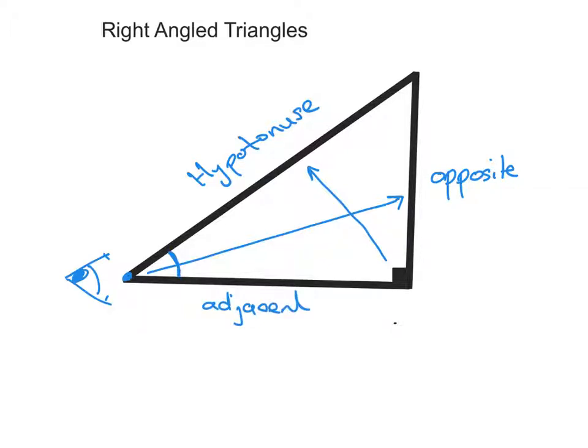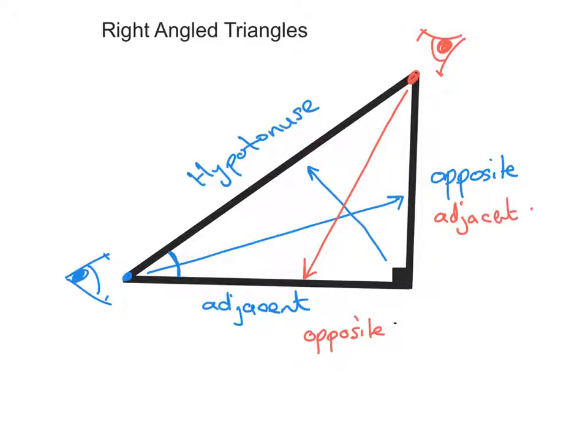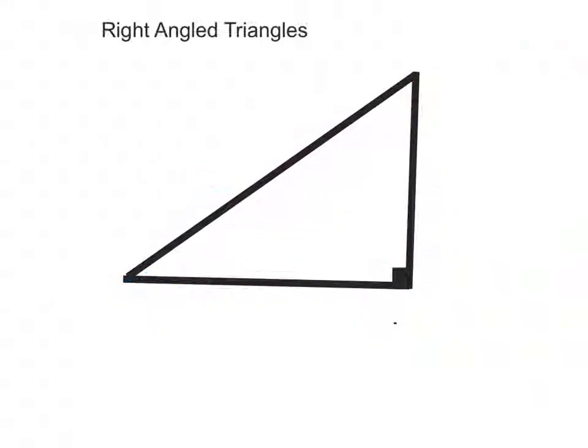Now, the complicating factor is that if we now looked from this angle up here through a little hole here with your eye, then this side here would be the opposite. And this side would be the adjacent. So depending on which angle we choose, whether we choose the blue angle or the red angle, that will decide whether we've got an opposite or adjacent. The hypotenuse will always stay the same. It's always opposite the right angle here. So that means that if we take this angle down here,